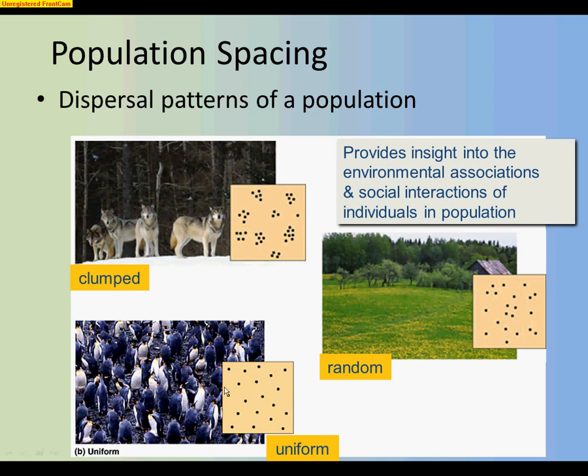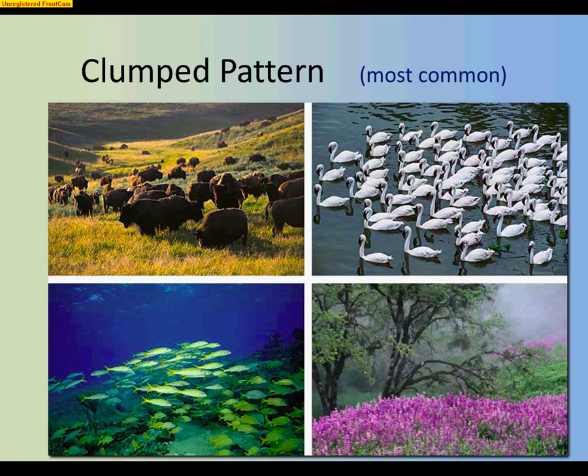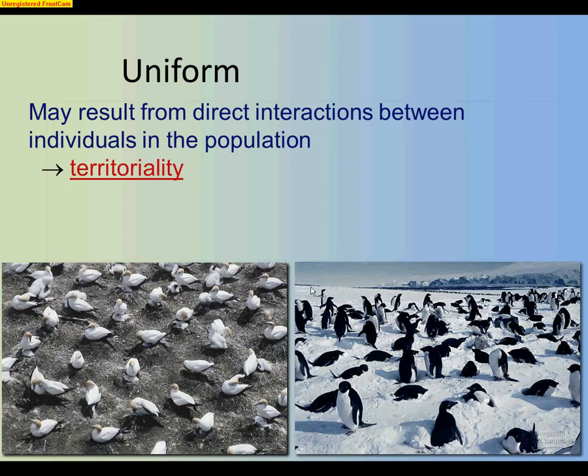And the last one to look at here is uniform population. I've got a really good picture showing this too, of penguins and nesting sites. So let me show you a couple of these. The clumped, this is definitely the most common. You see it in flocks or schools or herds, and it does occur in plants. Oftentimes you see clumps of plants growing together. And then here's the uniform one I was talking about. This is just very interesting because there's some behavior associated with the uniform pattern, and a lot of it is territorial